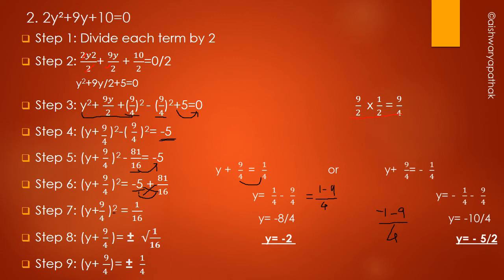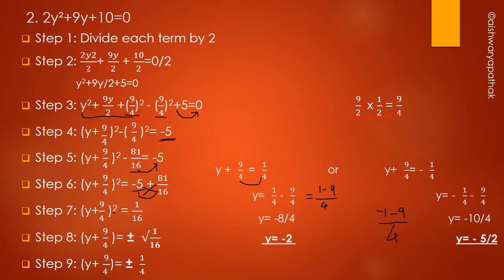Okay. And in the third step, what you have to do? You have to multiply this coefficient with the variable y and with the index 1. So you have to multiply that term by half. So 9 into 1 is 9 and 2 twos are 4. So then the next step is what? You have to take this answer twice, one time with a plus sign and one time with a minus sign. So plus 9 upon 4 the whole square and minus 9 upon 4 the whole square. Okay, and plus 5 as it is.